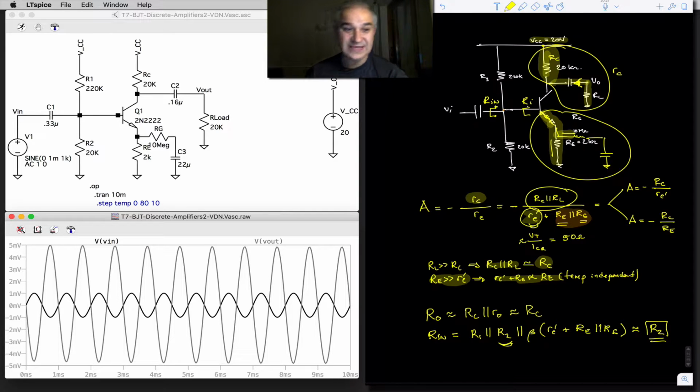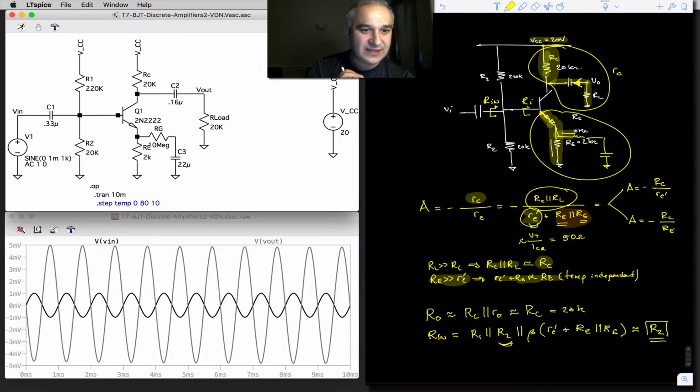So in this case, what is the input impedance of the overall amplifier? 20K. What is the output impedance? 20K also, in this case 20K. If we need to drive a 20K load, this doesn't work. So what can we use? We can put an output stage, a buffer, and the amplifier to do that is the common collector amplifier, meaning we take the output at the emitter, not at the collector, also known as the emitter follower.